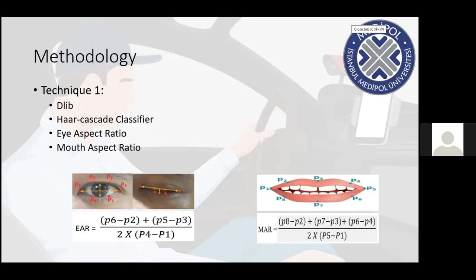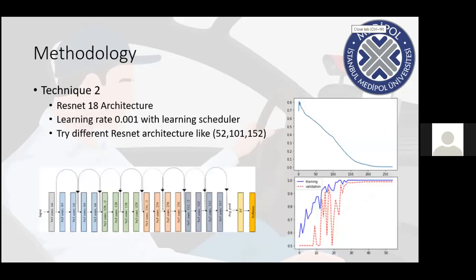Here in the image on the left-hand side, you can see the points of the eyes which we detected from the image, and here is the formula to calculate the eye aspect ratio. On the right-hand side are the points for the mouth, and the image below shows the formula for calculating the mouth aspect ratio. This is technique 1. The second technique we use is the CNN architecture